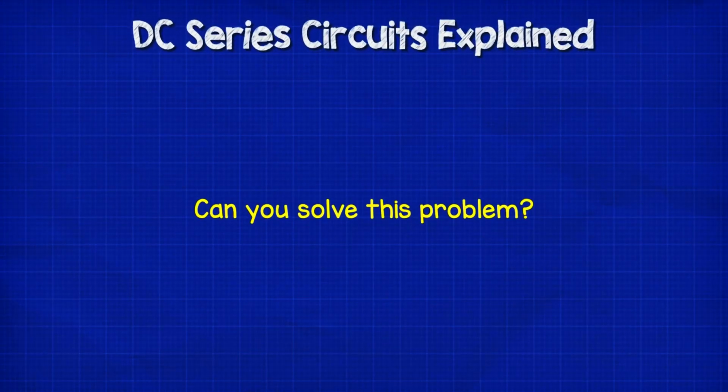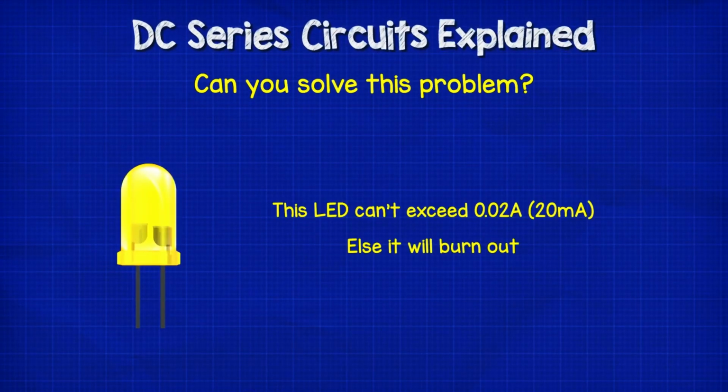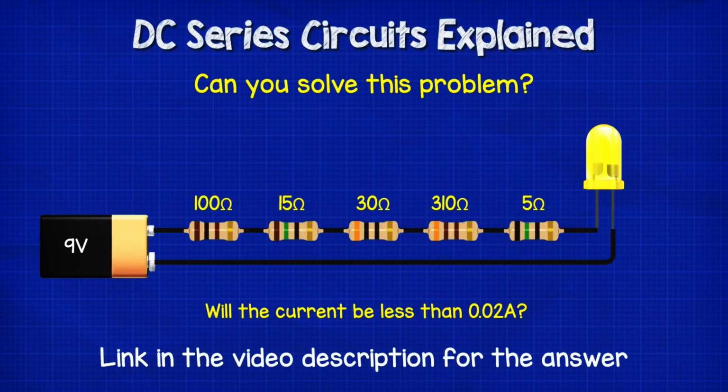Okay, so now it's time for you to test your knowledge. So this LED can't exceed a maximum current of 0.02 amps or 20 milliamps, otherwise it will burn out. So if we connected it to these resistors and a 9 volt battery, what will the approximate current in the circuit be? I'll leave a link in the video description down below for the